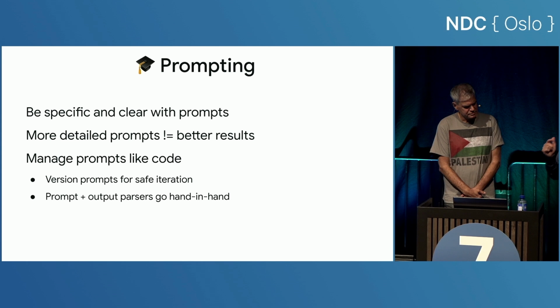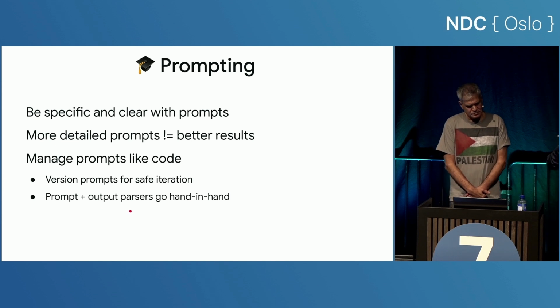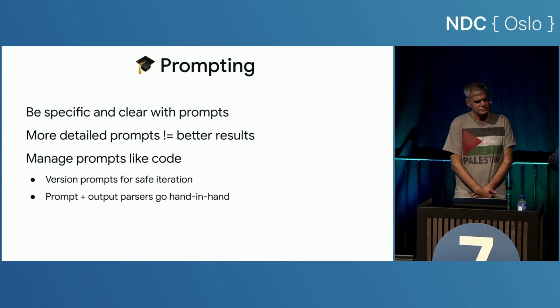And for that to happen, you need to be able to measure things, and we'll get to that later. But yeah, so this is one thing. And the second thing is that there's two parts to the LLMs. One is the prompt. The other is the output you get from the prompt, right? And you want to be able to correlate them.